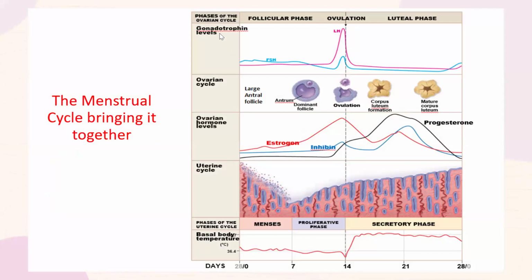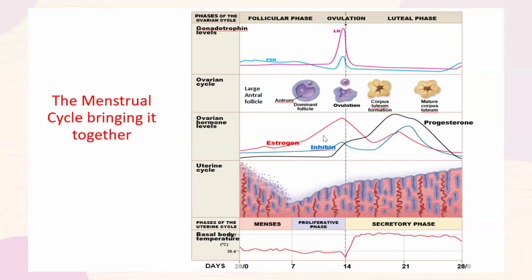So let's start off by looking at the gonadotropin levels. FSH stays pretty much consistent throughout the beginning of the cycle. This is because, again, it's not really going up or down. It's not really oscillating. It's staying consistent because it's stimulating the follicles. It dips down a little bit towards the end when the follicles are mature pretty much. And we know about the LH surge that occurs just before ovulation, and this is what causes the ovulation to